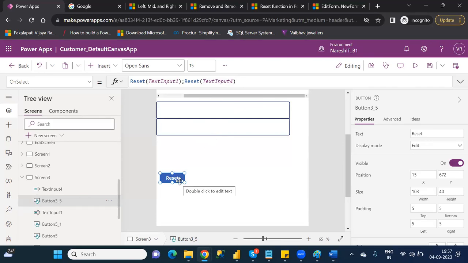Suppose you have like 10 to 15 elements. That means you need to write that many functions, and it will impact performance, right? If you have 15 elements, you need to write all 15 reset functions with semicolons, and writing all those reset functions will affect performance. So to overcome this, what you have to do is